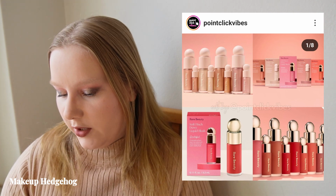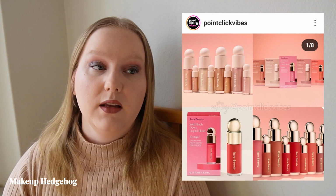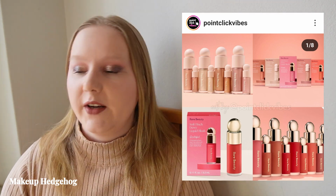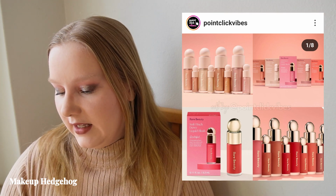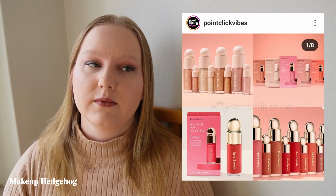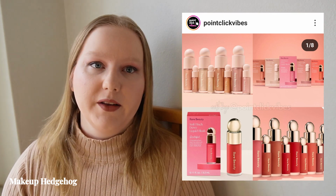Rare Beauty has been doing something quite smart. They have released their liquid highlighters and liquid blushes in minis. Some people have a more manageable collection, but especially for someone who has a very big collection of liquid products, if I were in the market and able to buy Rare Beauty in store,